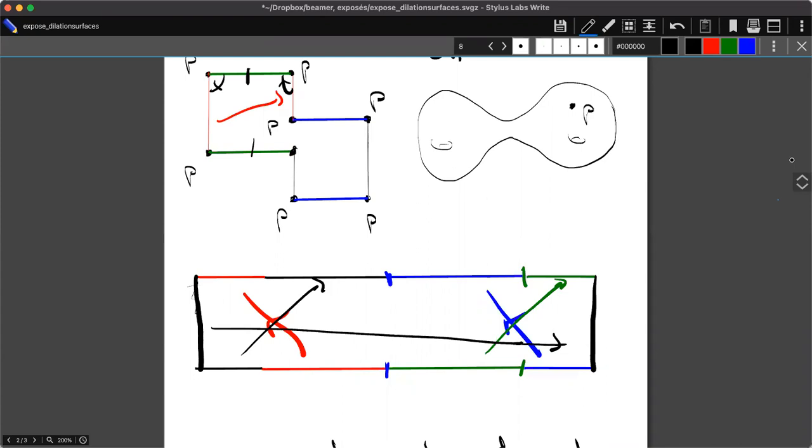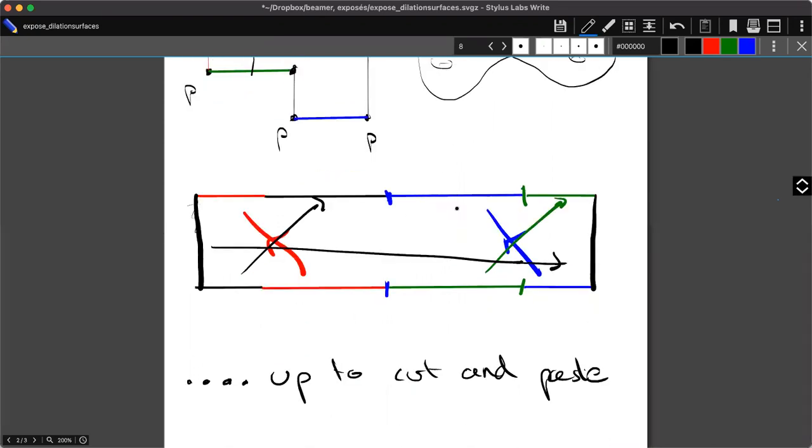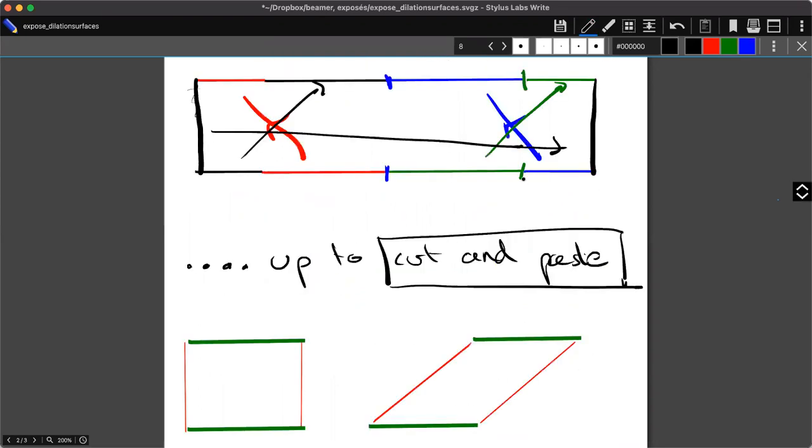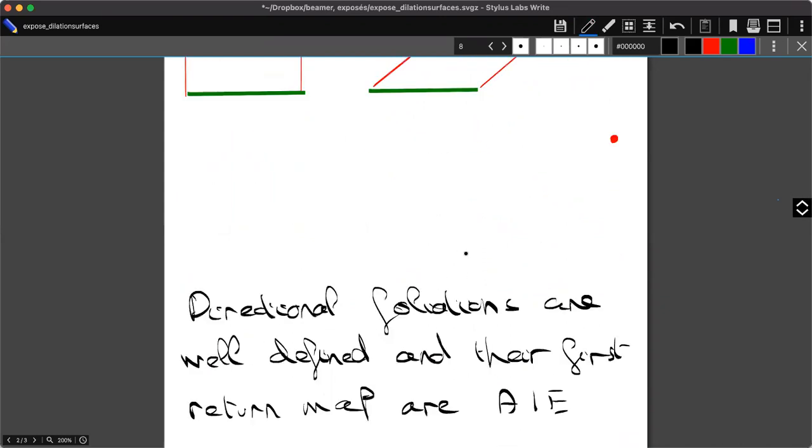So now you can see why these two objects will eventually be connected. There is something else to say about that class of geometric objects. I don't actually want to consider all the polygons with all the gluings, but I would like to consider them up to cut and paste. I will define this in a moment. But first, I would like to emphasize that with this